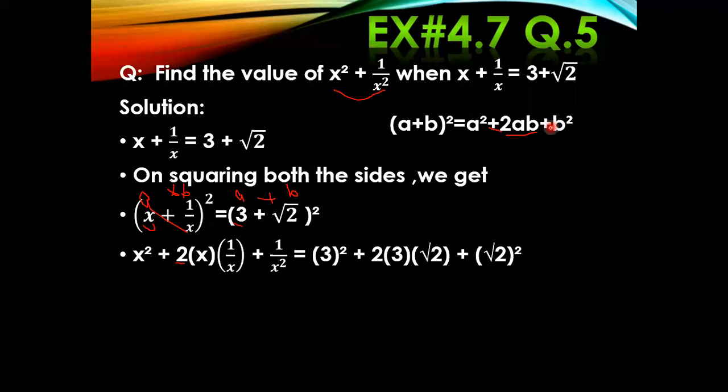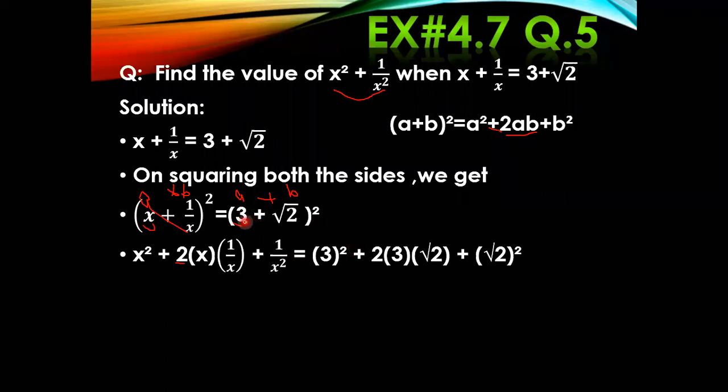Then move on to the next one, that is plus, and then the last term, that is the term b square. So what is your term b here? 1 upon x. So you will take the square of 1 upon x here. Okay, then the sign of equal to. Now we are moving to the right hand side, and again we are going to open the formula, or you can say expand the formula on the right hand side as well, just like this.